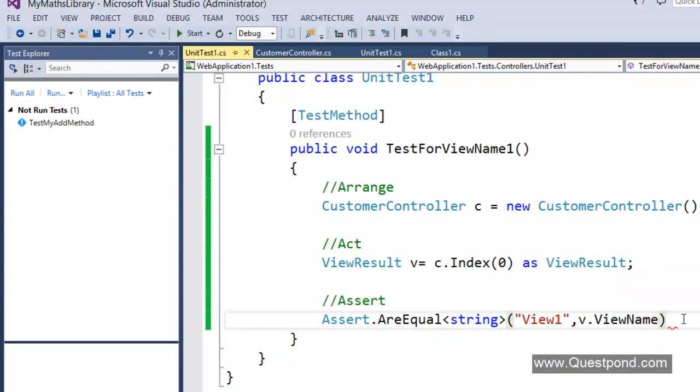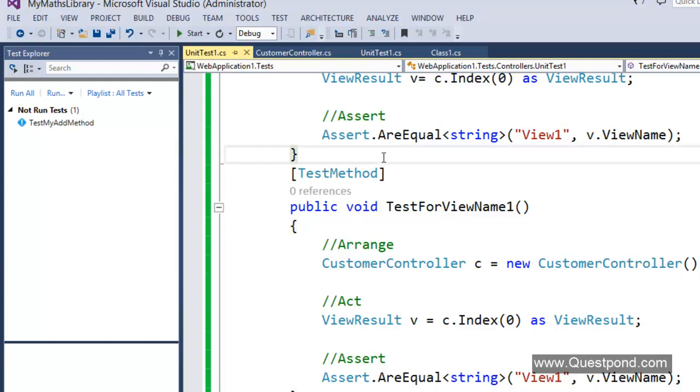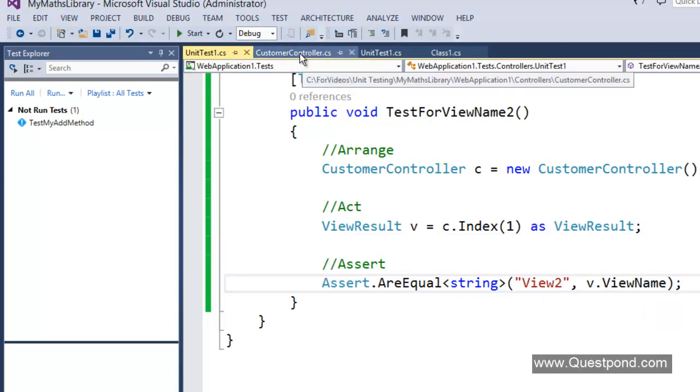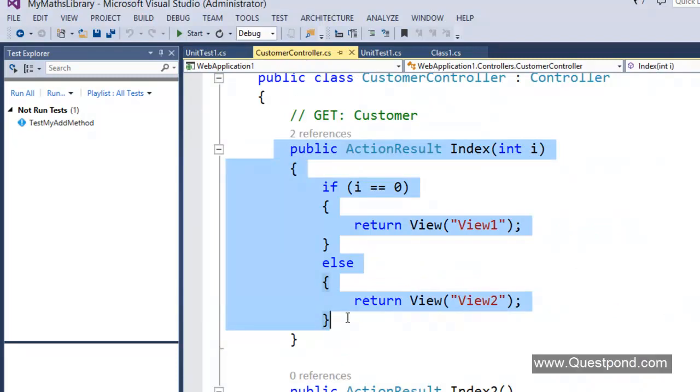Okay, and we will create one more test method, test for view name 2, and in this case we will say customer controller c equal to new customer controller, arrange will remain as it is, c dot index 1, and I believe we will get view 2 now. Done? Yes. So we have written two test methods for this one action method.